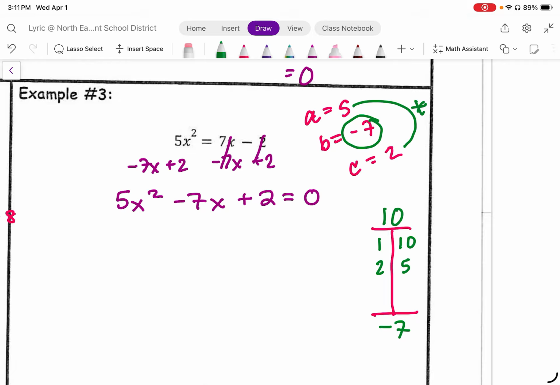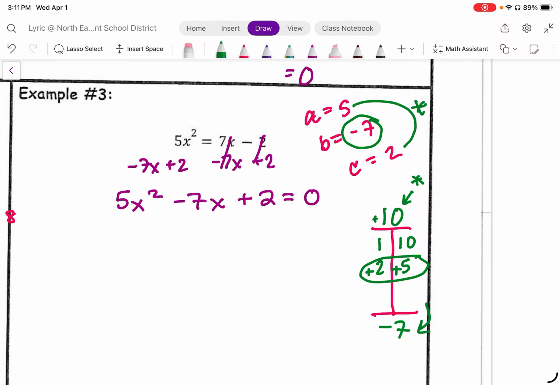So let's go ahead and figure out. We need these two pairs to multiply to 10, which they do. And we also need them to add up to a negative 7 on the bottom. So which of these pairs, when added together, equals negative 7? 2 and 5. Now, because they're multiplying to a positive 10, we do not need to change the